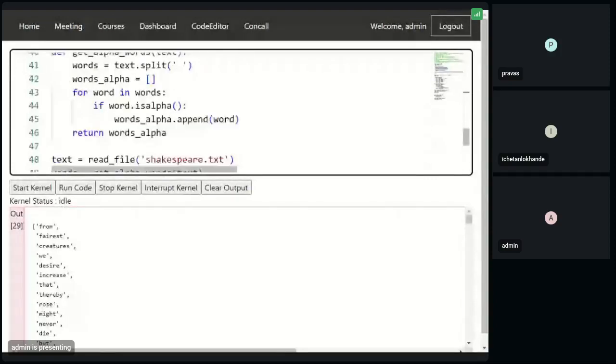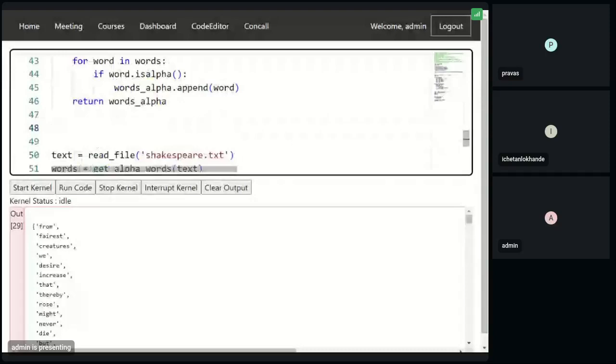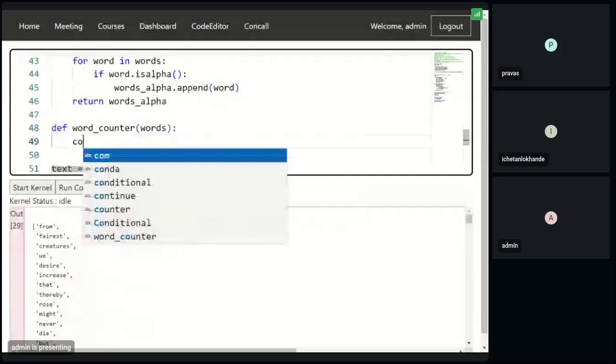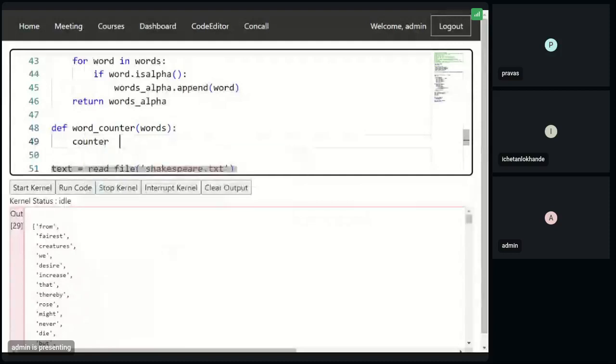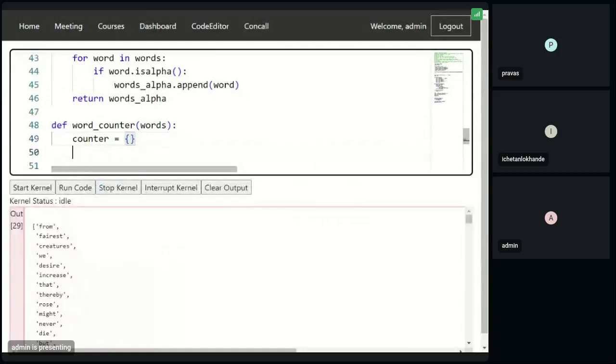Define word counter, and to this we will provide words as an input, and we will say that counter is equal to a dictionary. And within it, for word in words,